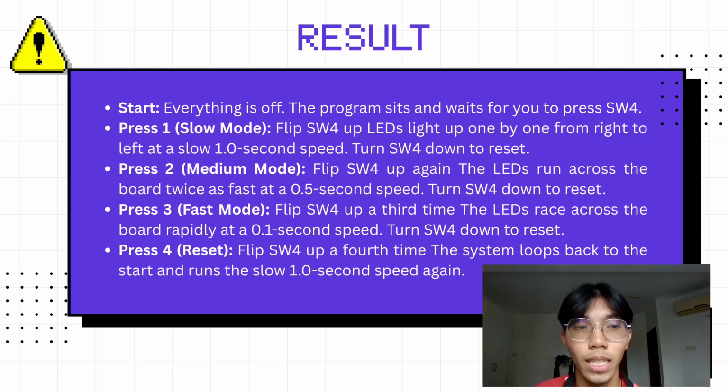You can see the LED lighting up one by one from right to left. The movement is steady and slow because the program has loaded the 1 second delay interval. Once the light passes the final LED, the sequence stops and the program waits for me to flip the switch back down to register